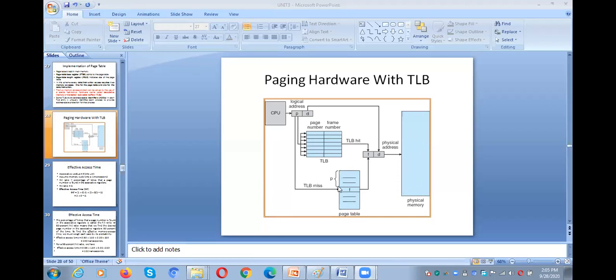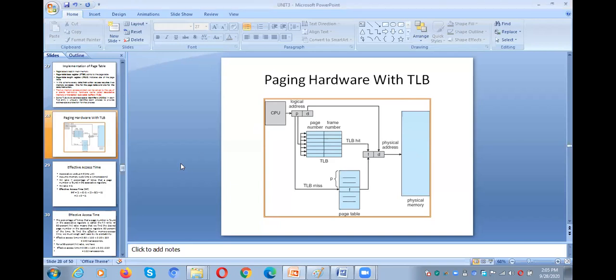So where can we get the information? We can get the information from the TLB itself. Okay, the TLB is available in the cache, so that we can access the cache. After that, once we get the frame number, the offset will be added to the frame number and we'll get the data and instruction from the main memory. Okay, so that is the thing. So we can avoid the two memory accesses if we go for the TLB.